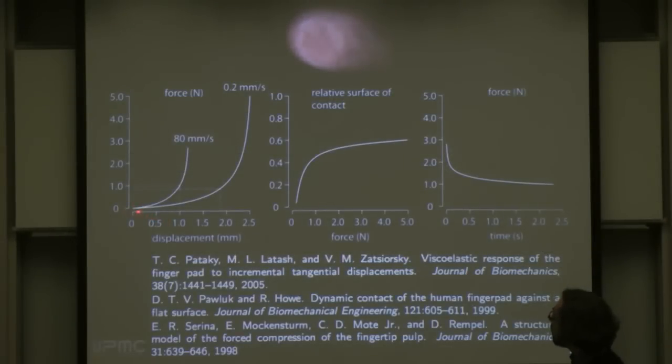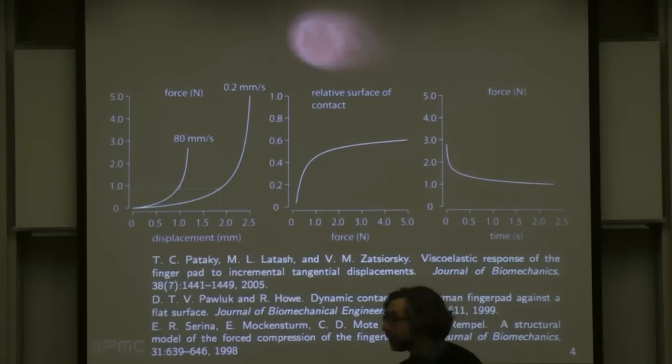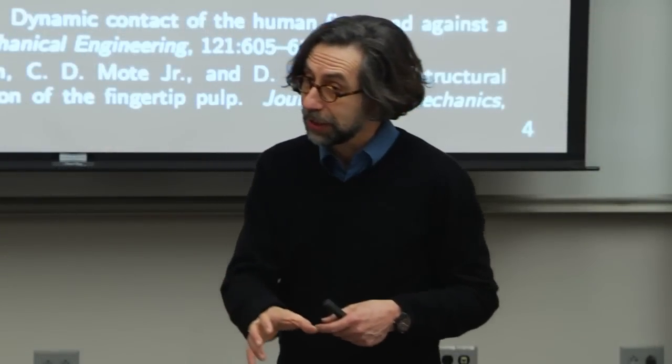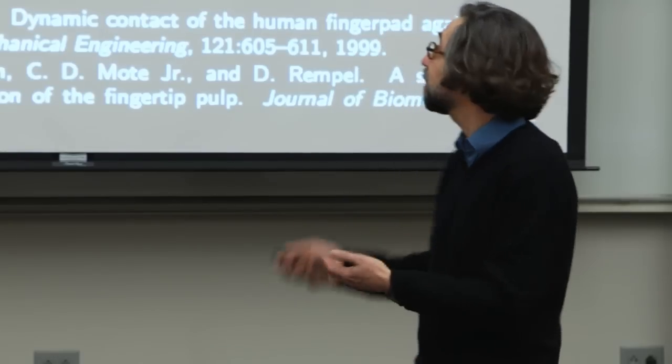And so that's due to the fact that you hardly push the skin in, like you put 1 millimeter displacement to a couple of millimeters, and then you have a very soft object, and all of a sudden it becomes very, very stiff. Okay, so there's a moment where actually this organ becomes very stable. And so that's useful when you co-contract, when you grab an object. If you want to feel it, then you have a small load. And if you want to actually hold it stably, then you grasp, and then you have a more stable grip. And that's intrinsic to the mechanics